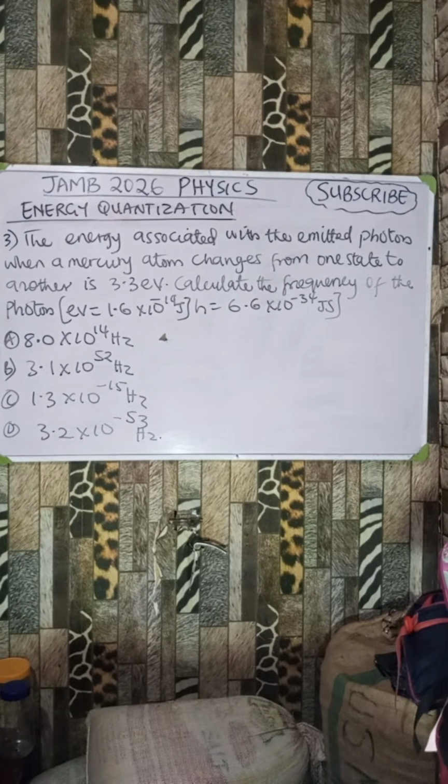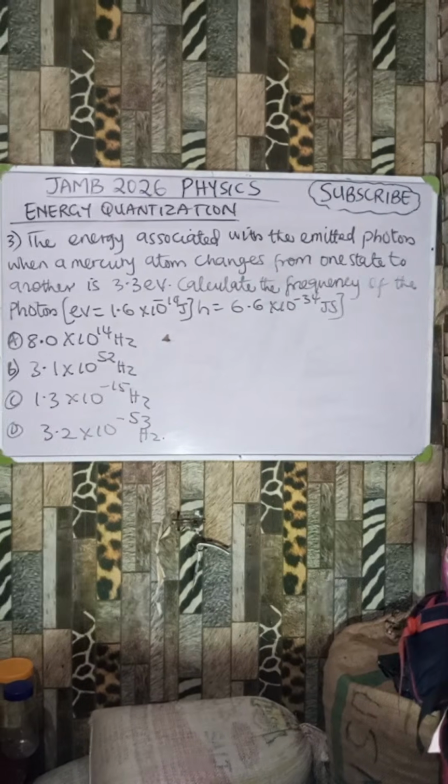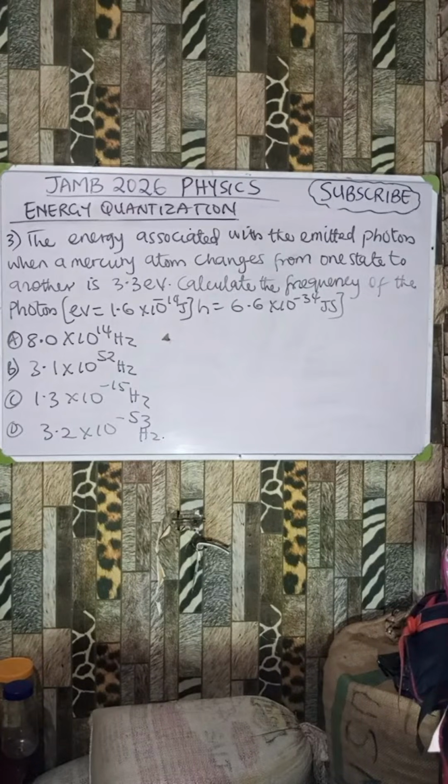All right. So class, look at this particular question. That question is faulty. The options provided, none of them is correct. So I typed it. Okay, so just solve it using the formula. Anything you get is your answer. Do you understand? Okay, so that is one of the things we see when we copy from past questions. But if you know the correct solution to a particular question, just solve it and get your answer.